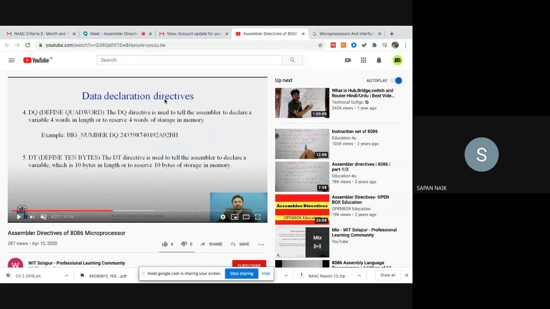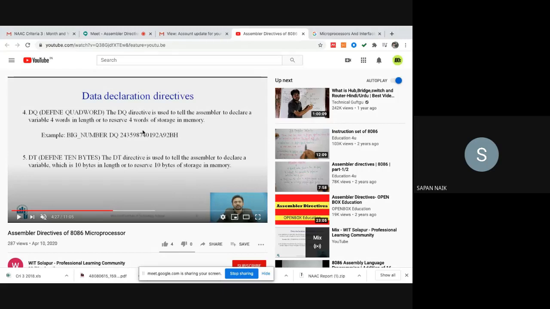As I said, it is used to occupy 4 words. 4 words means how many bytes? 1 word is equal to 16 bits. 16 bits is equal to 2 bytes. So 4 words is equal to how many bytes? 8 bytes. So DQ is occupying 8 bytes, right? And DT will occupy 10 bytes.